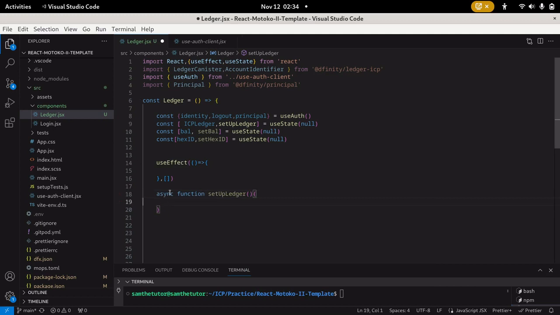And yes, so now that we have the function in place, I want this function to run inside the use effect once every time the component loads. So what are we going to put inside the function? The first thing is